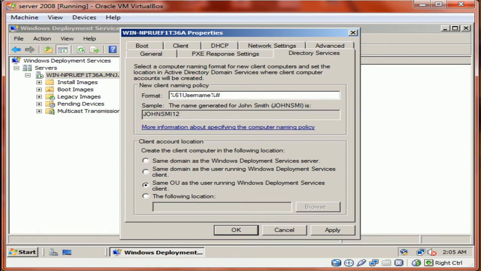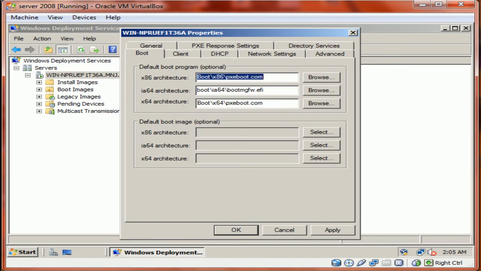Or you can drop everybody in a specified location. I'm just going to leave this here and go to